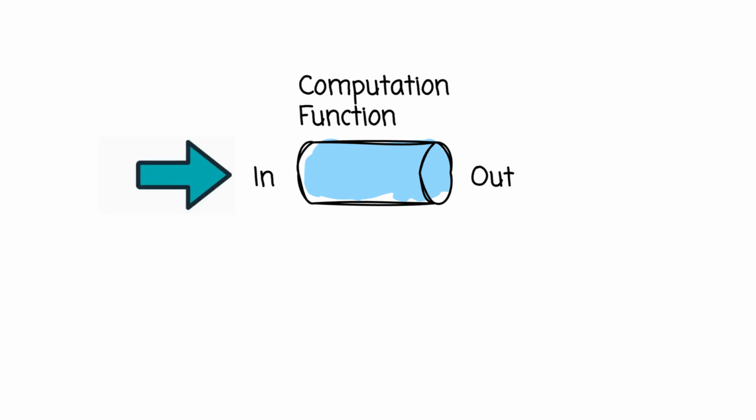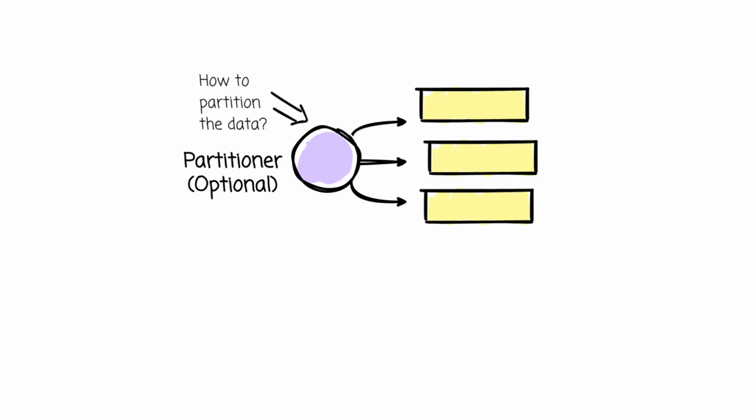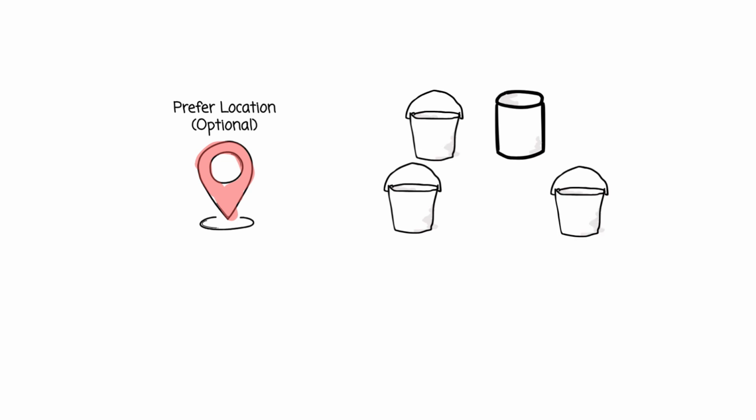Computation function. A function determines how to compute the data for each partition. Dependencies. The RDD tracks its dependencies on other RDDs, which describe how it was created. Partitioner, optional. For key-value RDDs, a partitioner specifies how the data is partitioned, such as using a hash partitioner. Preferred locations, optional. This property lists the preferred locations for computing each partition, such as the data block locations in